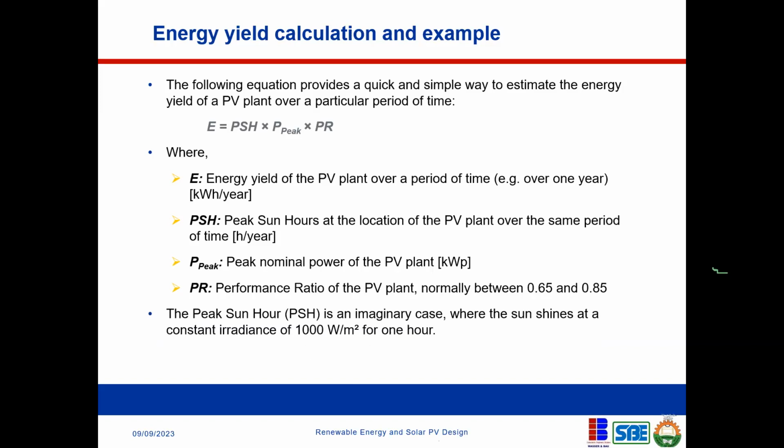So the peak sun hour is an imaginary case. I think I even offer some explanation here for the benefit of those who are not familiar with what peak sun hour is. It's an imaginary case where the sun shines at a constant irradiance of 1,000 watts per meter square. Now, this 1,000 watts per meter square is coming back. Remember when I said you should keep an eye on it? So this 1,000 watt is your standard test condition, right? So we assume that